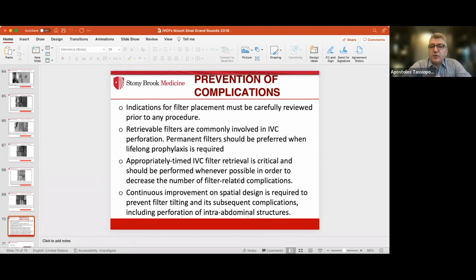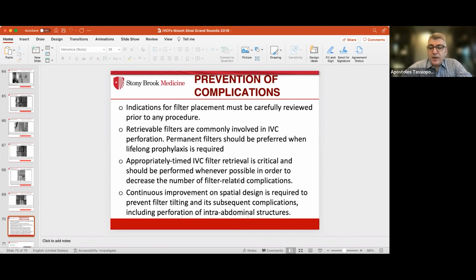Appropriately timed IVC filter retrieval is critical. The sooner you remove a retrievable IVC filter, the easier the procedure is, the less well incorporated the prongs are, and it becomes a much simpler procedure. The longer time passes until the time of retrieval, the more challenging the retrieval can be. I cannot emphasize enough the importance of placing an inferior vena cava filter appropriately with a minimum tilt, with no tilt if possible. That makes the retrieval process again a much easier